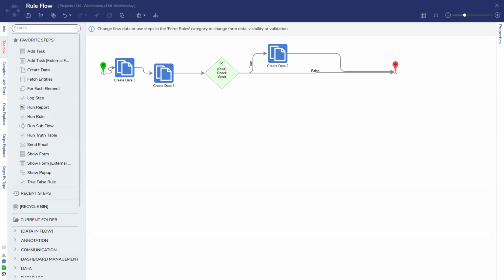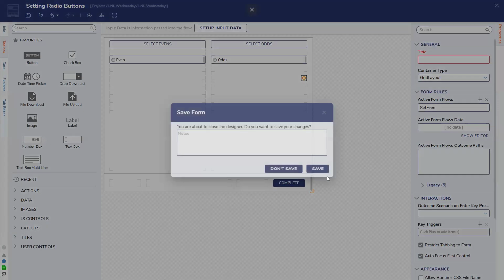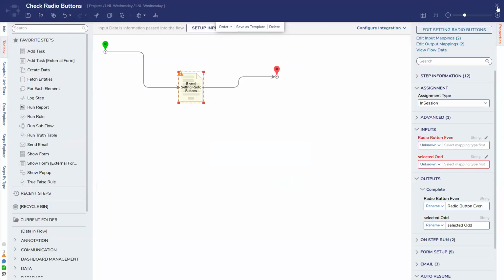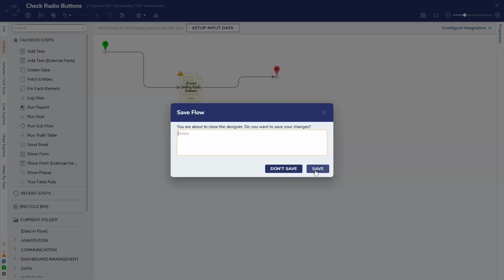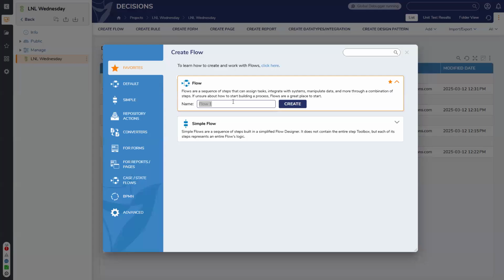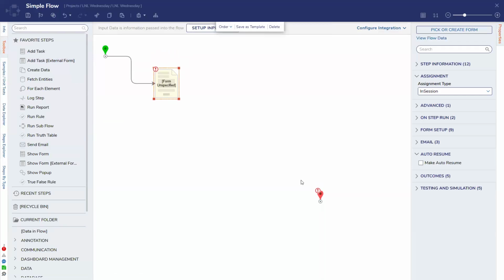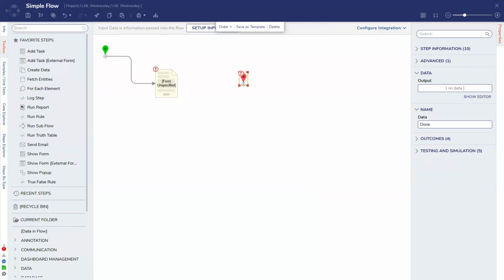Let me get a quick clarification from you. When you say simple form, are you talking about the simple form control? I meant simple meaning there's only one field on it. Oh, okay, gotcha. Just want to make sure we have our terminology. All right, cool. Let me exit out of this. Let's make a new flow real quick, and we'll call this simple flow, and we will use a show form step. So you're trying to have a